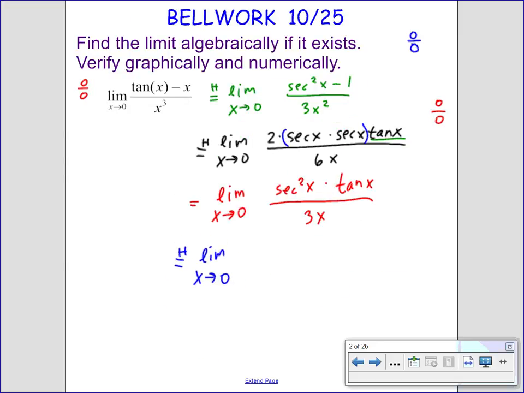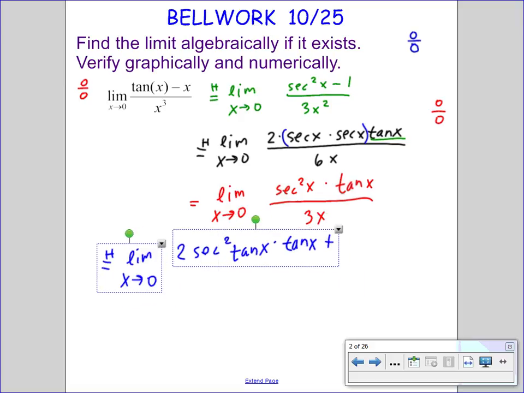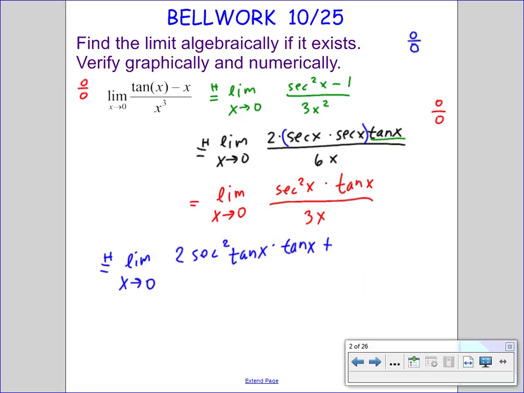The derivative of secant squared x is 2 secant squared x tangent x, times the second function, plus the first function times the derivative of the second function. Tangent x differentiates to secant squared x, all over